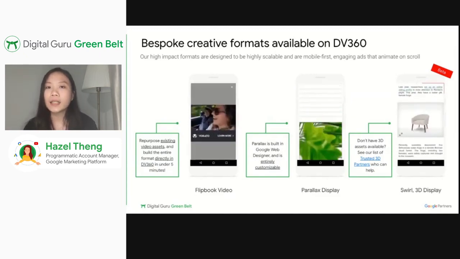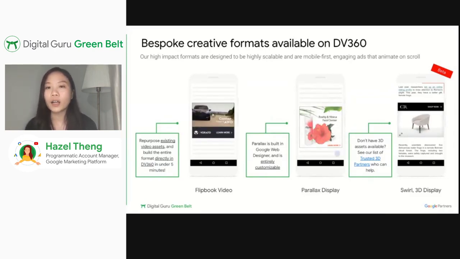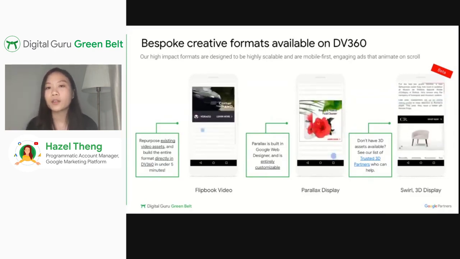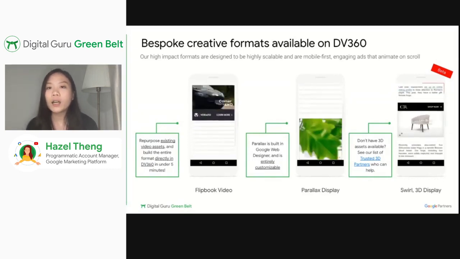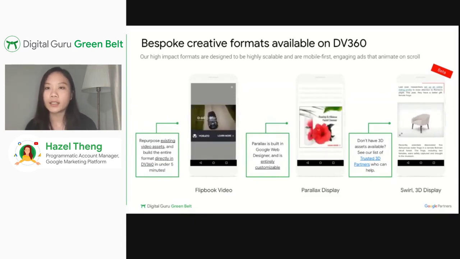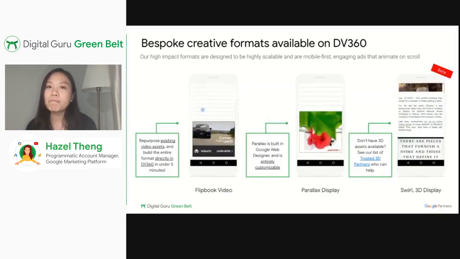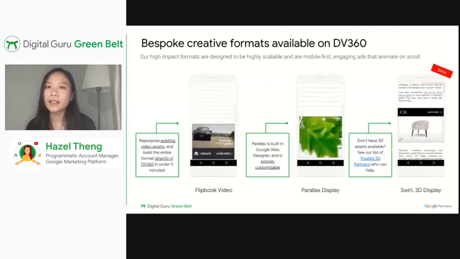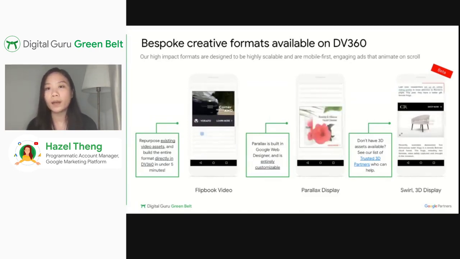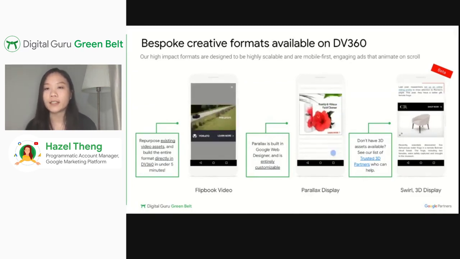Last but not least, there is also the 3D swivel ad, which I think a lot of teams have found interest with. And this is currently in beta on DV360. The 3D swivel ad is an immersive display format designed for mobile web, and it is available exclusively on DV360.